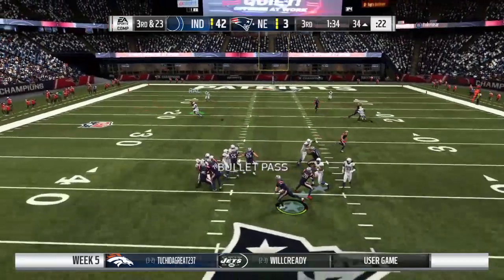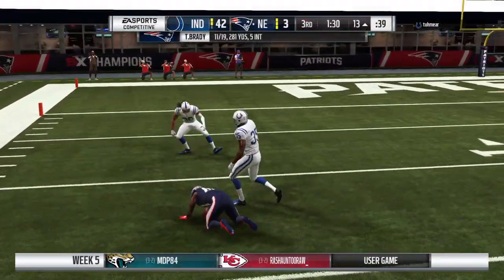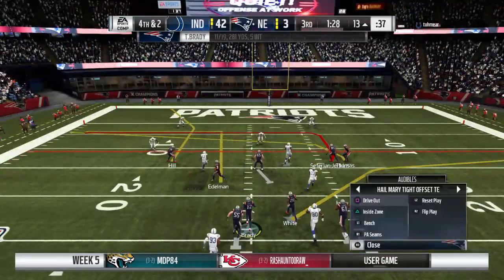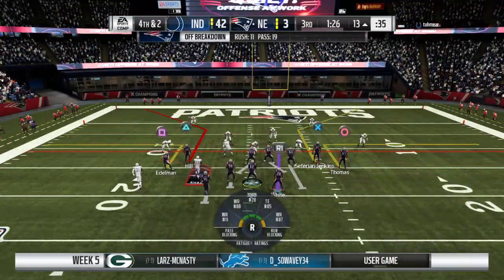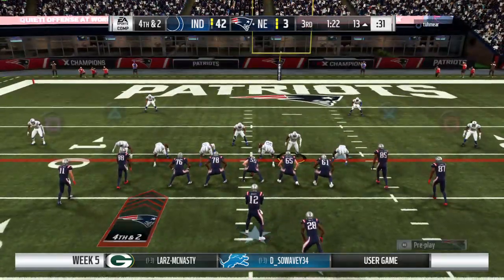From the gun, it's Brady. Looking left side, and he's got a man. It's Hill. And they'll bring him down at the 13-yard line. An incredible play there. They do get big yardage, but they're still stopped a yard or two short, and it's